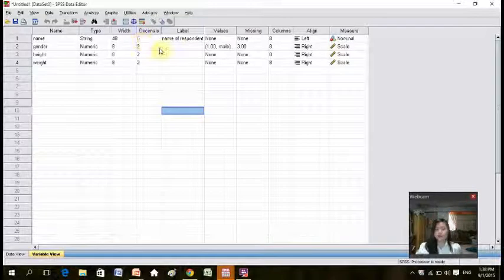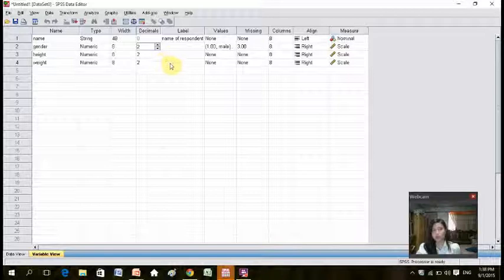So I need to indicate here the decimal if I would want to write the centavos for each. Okay, since I'm not using any data with regards to decimals, then I have indicated here 0. The next